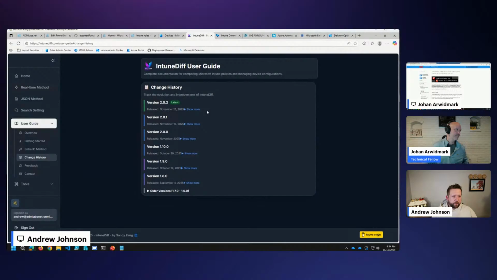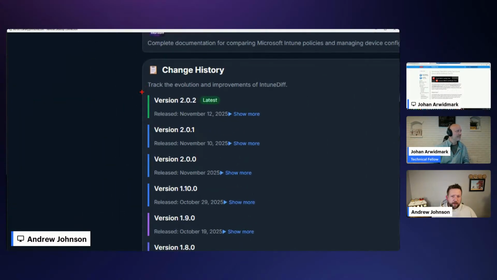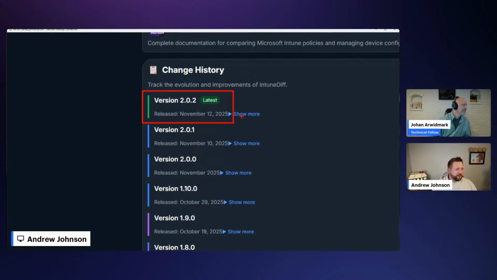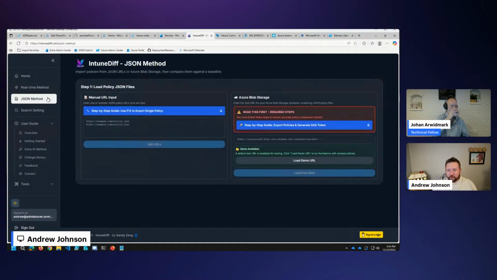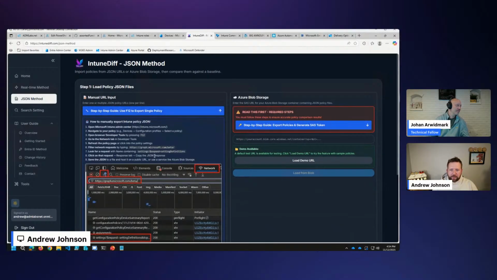And the first thing that I wanted to show is I'm not, well, I might be crazy, but not that crazy. It was a new version literally released today. So I knew I saw 2.0.1. Second of all, if you go over to the JSON method right here, there are a few steps to make this work, but there's a step-by-step guide